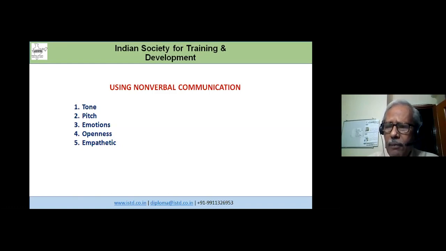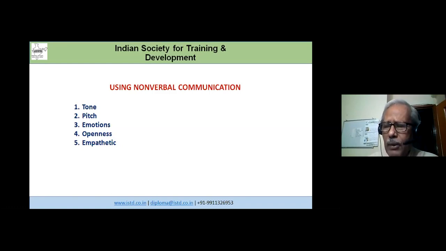That is a very important quality of a trainer, although it should not be excessive. It is really one of the most important qualities of a trainer, changing his tone, changing his speech. If there is something very important, suddenly the sound becomes heavier, or suddenly the sound becomes very slow. So there is a change in the pitch and tone of whatever is being communicated, and that creates a lot of impact. Suddenly the trainees become attentive to that.